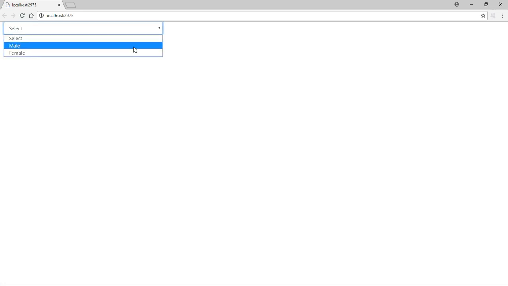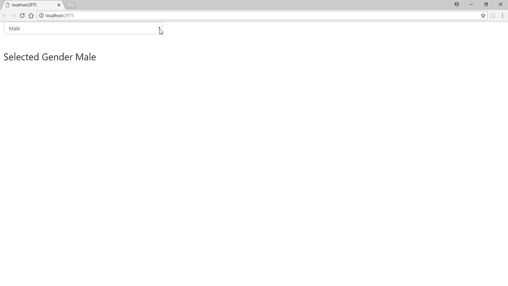If I select gender from the drop down, my focus is still on the drop down. If I tab out from this drop down, then immediately the blur event will be fired. Look, if I select female and tab out from this drop down, the gender value will be changed. If I select another one, immediately the value will be reflected. These are the examples for the